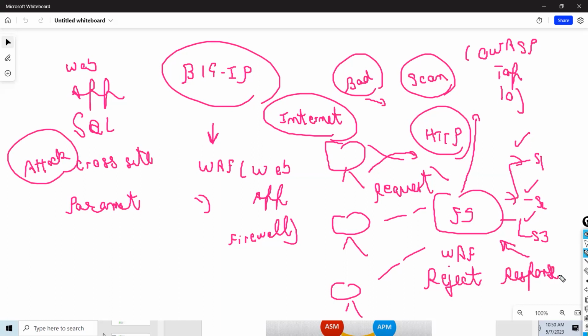Both ways you can apply security in a WAF, which is called Web Application Firewall, or in F5 you can also say ASM, Application Security Manager.